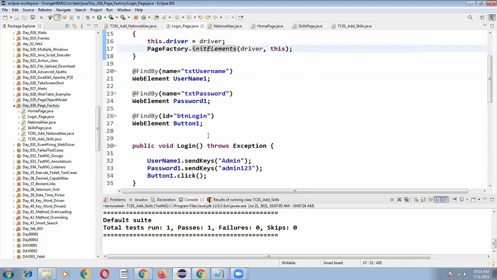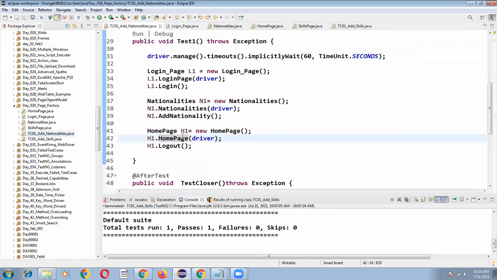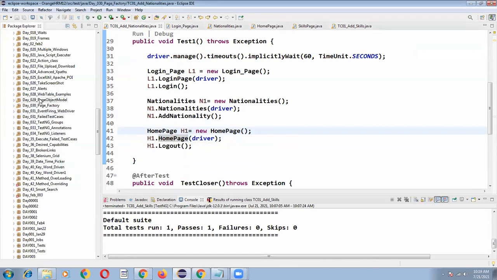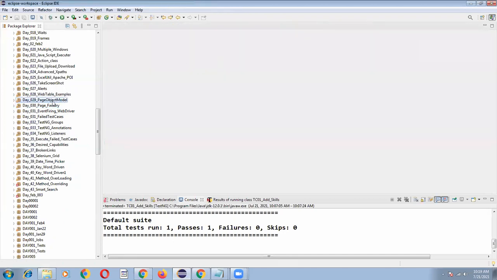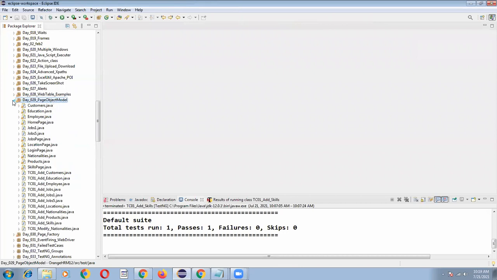That's it. You know how to call the methods in the main test case. You just create the object, and for the non-static methods you know how to call them: object dot method name, object dot method name. So far, you have practiced by writing all methods in a single class. That is the approach you followed during your learning practice, but from now onwards, try to follow this approach.